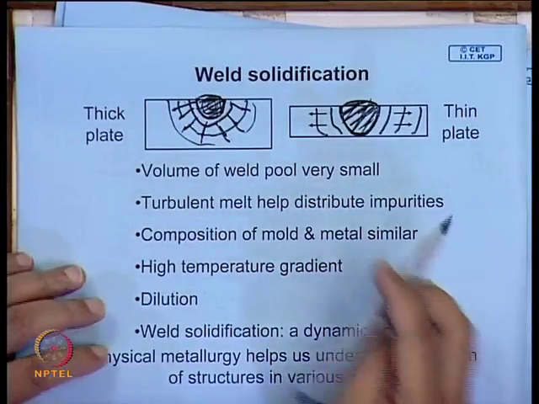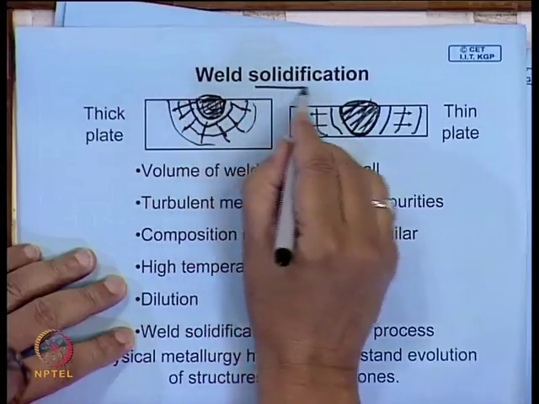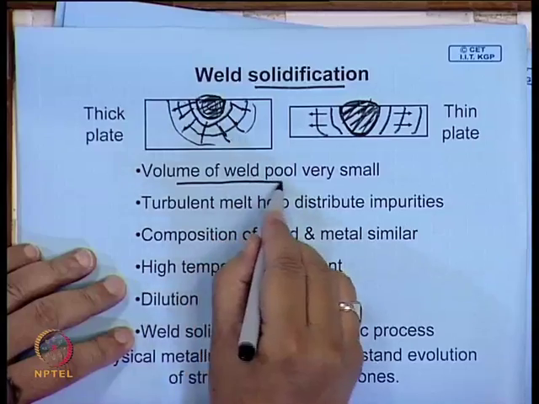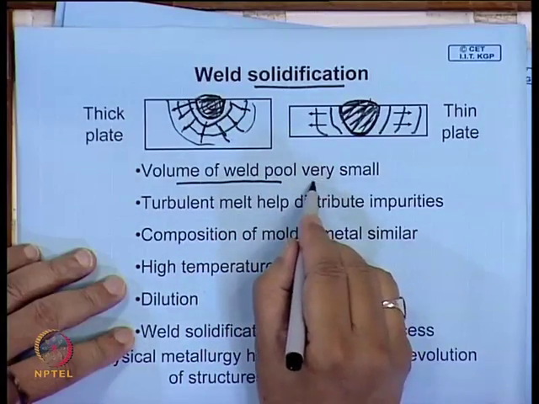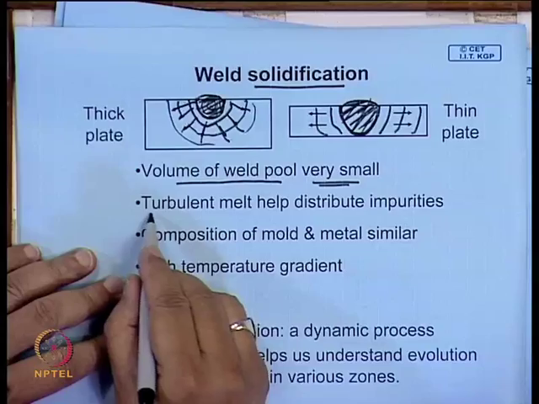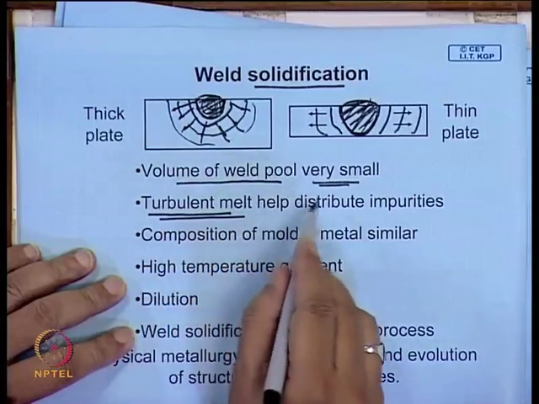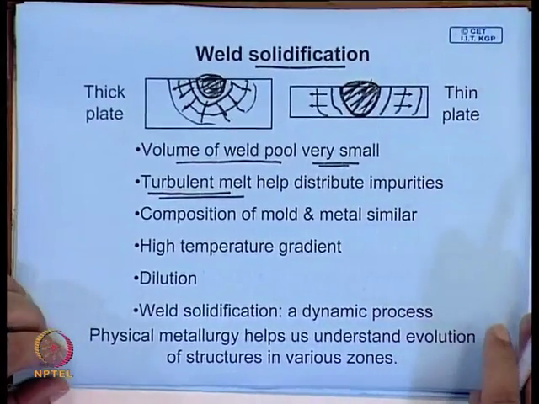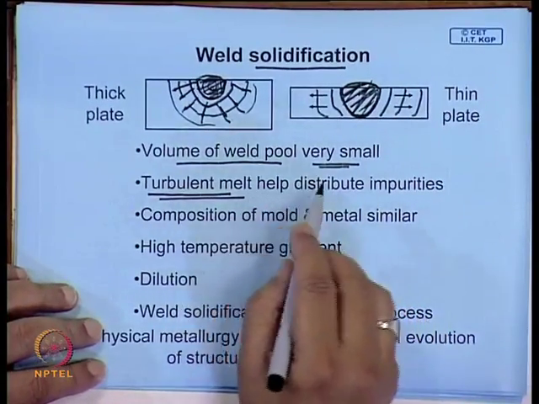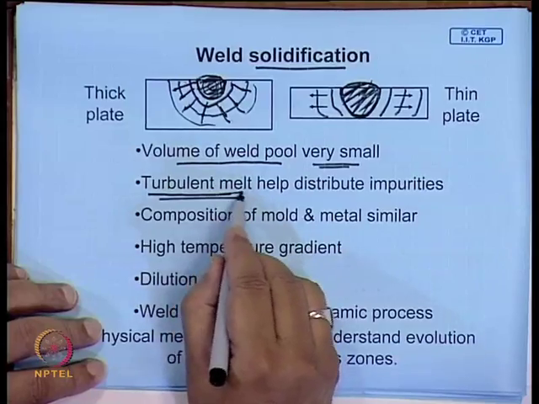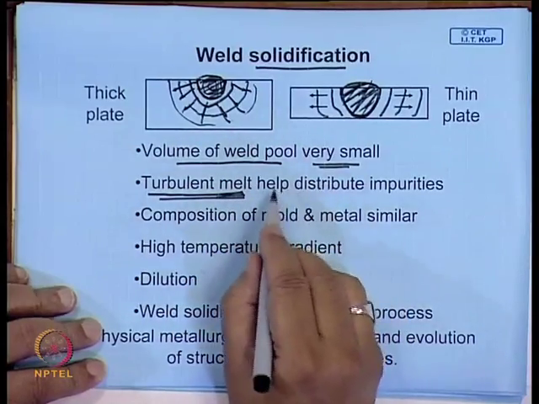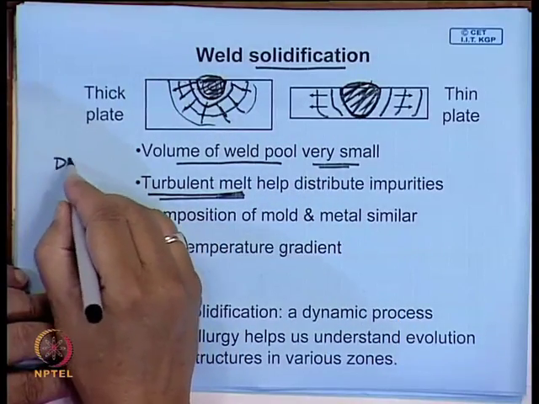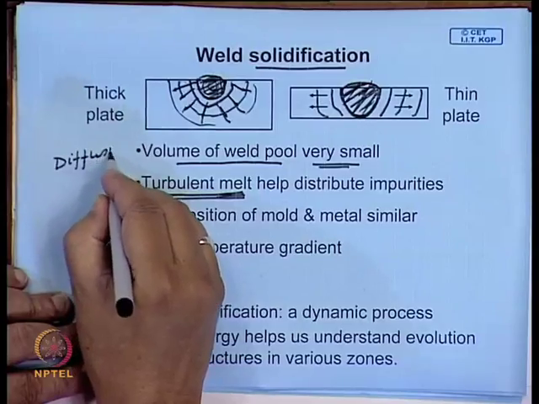And now, the solid pool that welding, that solidification in that weld metal, is also quite important. This will depend on the volume of the weld pool. We can always assume usually this is very small, and there will be a turbulence in the melt, which helps good mixing. Normally, we have seen in alloy solidification that mixing is quite important, and in fact, if that mixing does not take place properly, and say in the liquid the mixing can take place through diffusion, which will always take place, along with that